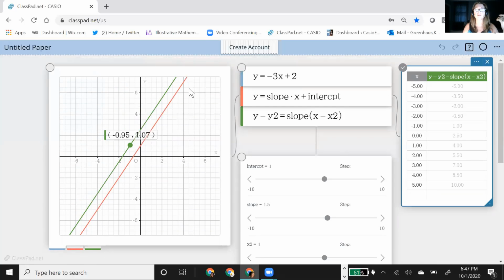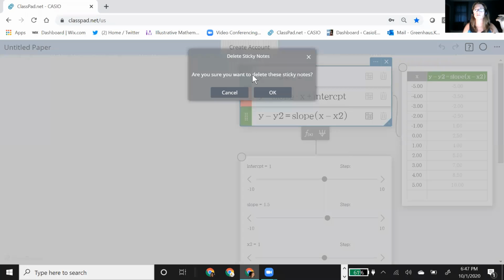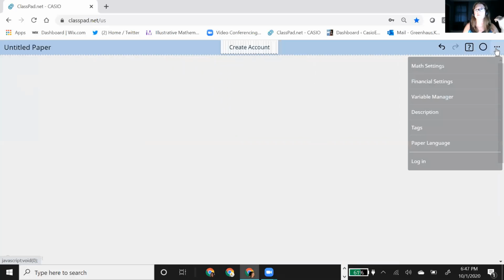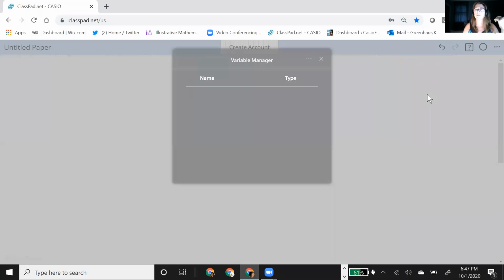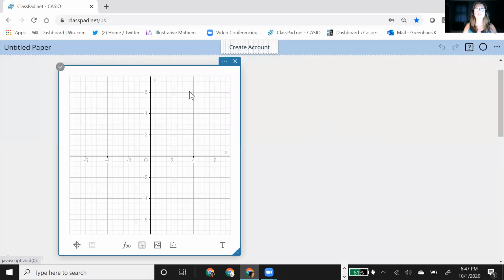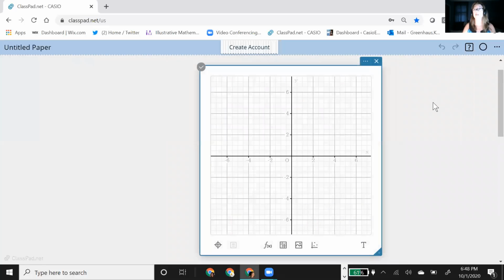So I'm actually going to just close out my whole thing. When all else fails, close. But I did want to, let's see if I did that. No, okay, good. All right, so I'm going to open another graph sticky. And this time I'm going to show you a way to kind of get around that. You can't actually hide the equation, even though you can hide the graph of the equation.